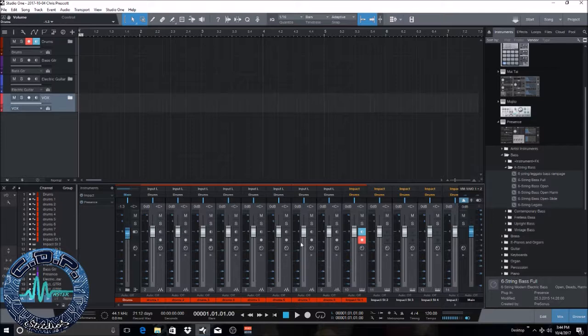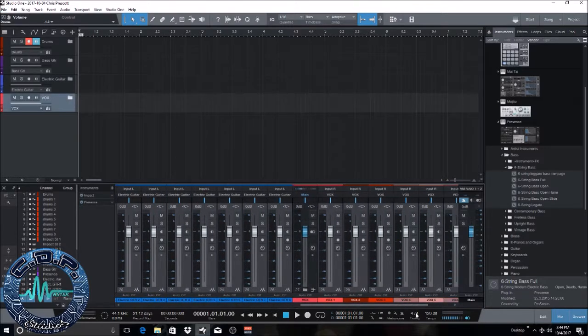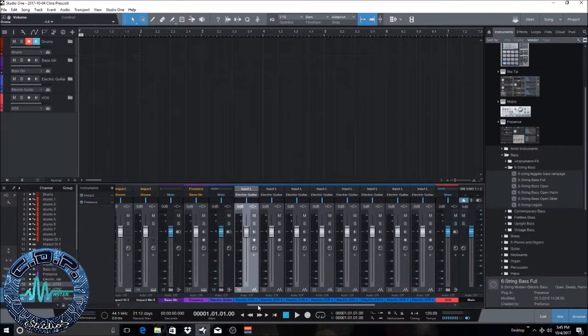That way, I'm not tweaking something too much and then thinking, oh dang it, the snare was all right back then with the original volume and all that. Once you have the template set up, you can do the same thing if you want to set up your effects, like for the electric guitar, for example. Since it's going to have distortion,